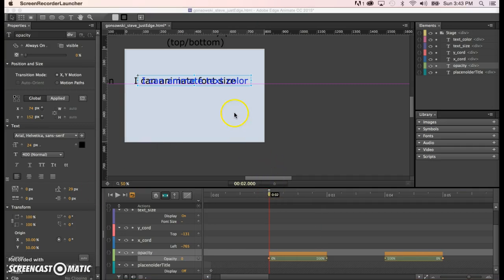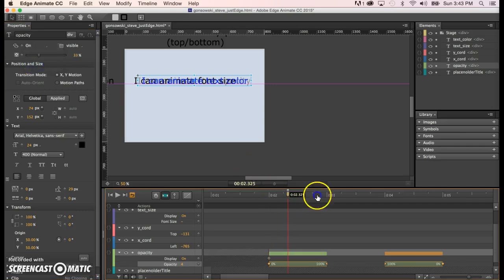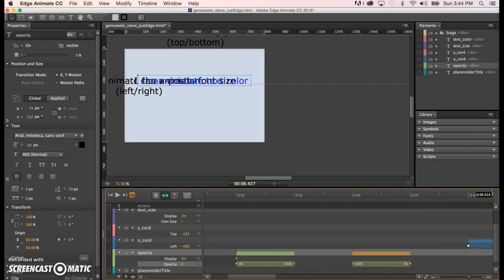Keep in mind, if you ever have trouble selecting something up here because there's other items on top of it, you can just simply go into your elements area here and lock items so that you can't select them. But since we can just click here, then all we do is go up to its visibility and change it from always on to on. Then we go to the end of that particular sequence or that animation, and when we no longer need it, which is either at the 5 or the 6 second mark here,